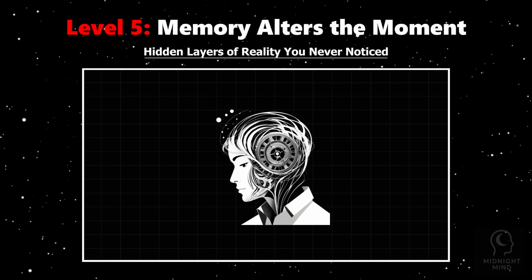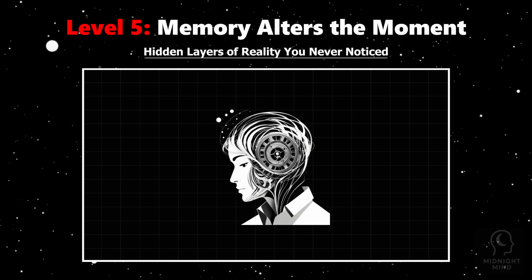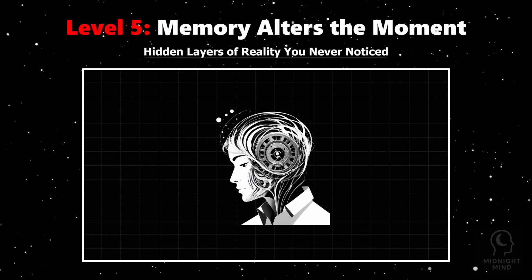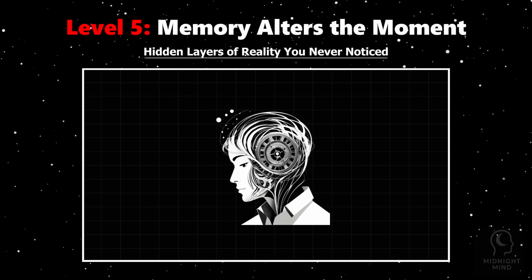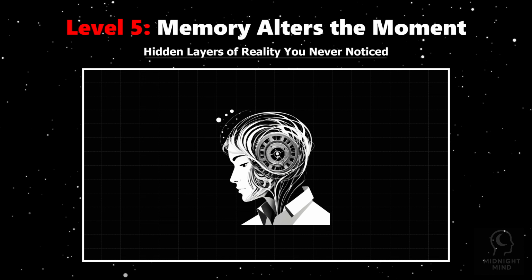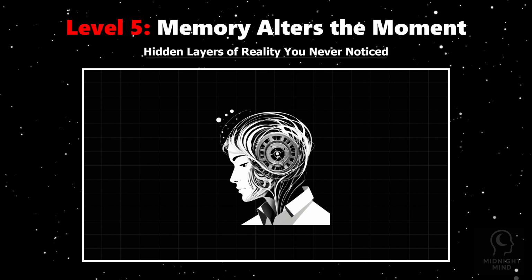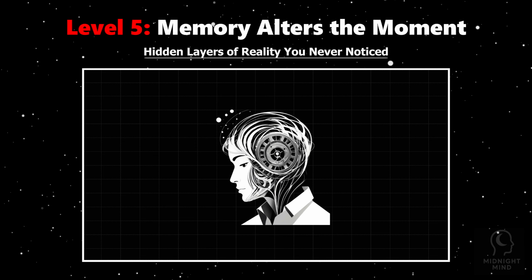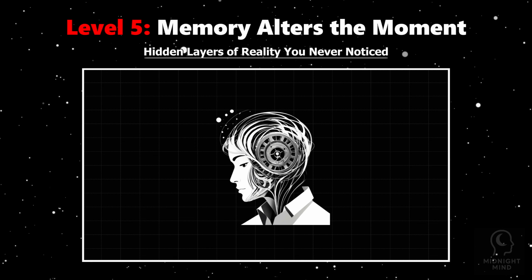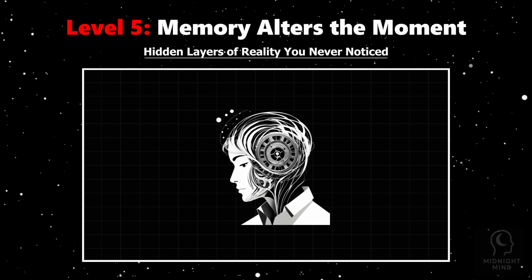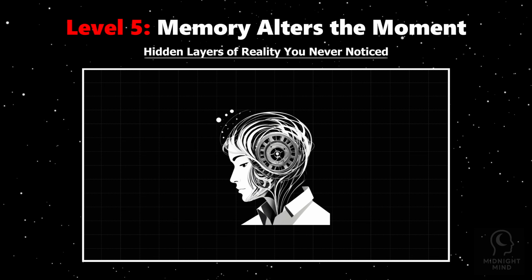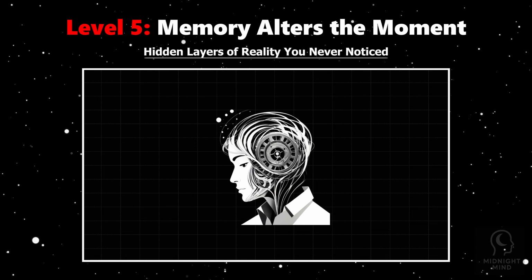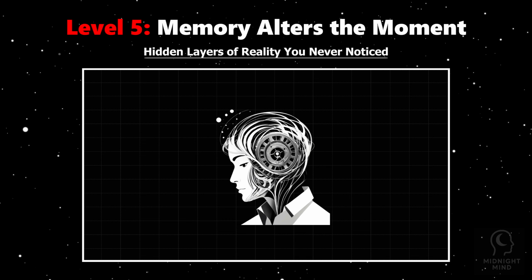Similarly, recalling a joyful event during a sad time might alter the emotional tone you attach to that memory, subtly rewriting its significance. This remixing isn't a flaw. It's a feature that helps your brain update your understanding of the world and yourself, integrating new experiences with old ones. But it also means your sense of identity, built from these memories, is fluid. Each retelling reshapes who you are, blurring the line between past and present.